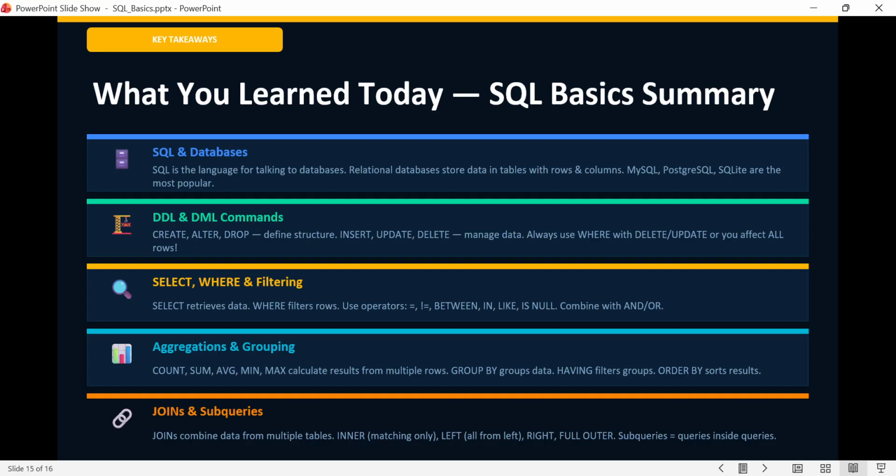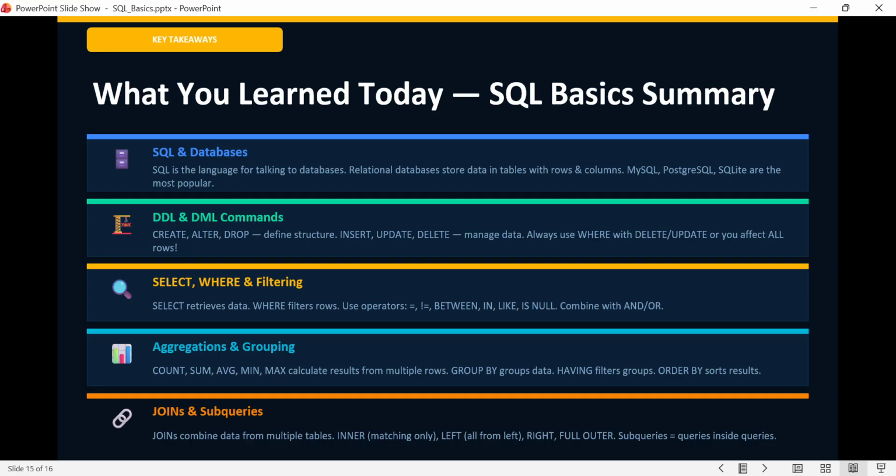Select is the most used command. Combine it with where to filter, order by to sort, and limit to control results, or group by. Group by with aggregate functions count, sum, average, min, max lets you analyze data at scale.